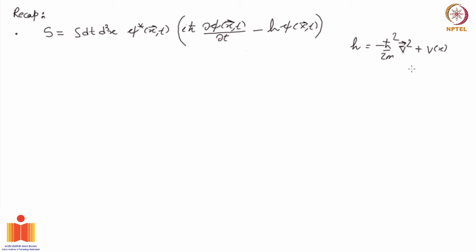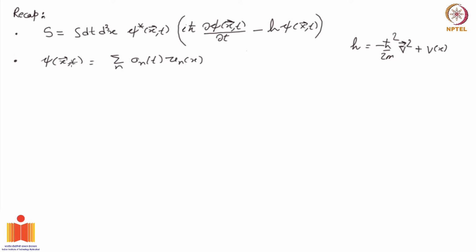Then what we did was we expanded psi like this. We expanded it as the coefficients a_n(t) times u_n(x), where u_n are the eigenfunctions of this operator h. Then we treated a_n as the dynamical variable and imposed the